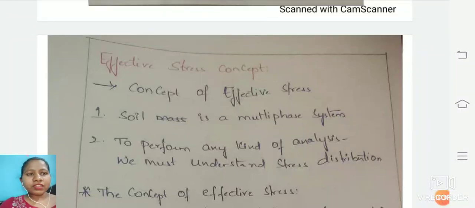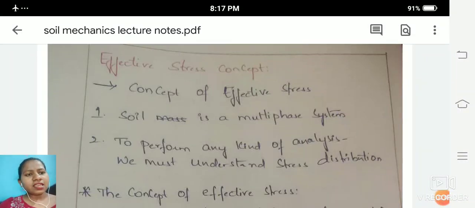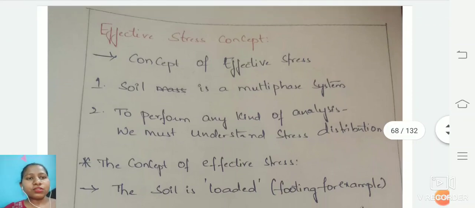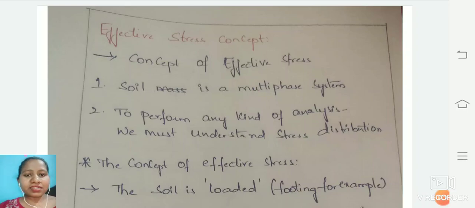Hello everyone. Today we'll be studying effective stress. The effective stress is nothing but the load which is applied when a particular soil sample is taken, the first load. And what are the effective stresses you will be having, like horizontal and vertical stresses also will be applied. So in this concept of effective stresses, the major concept, the parameters to be considered is the